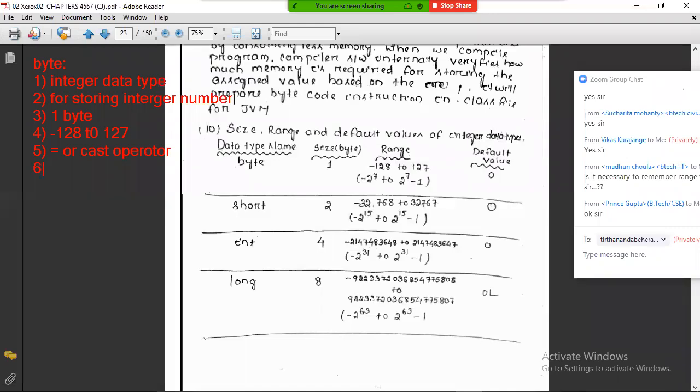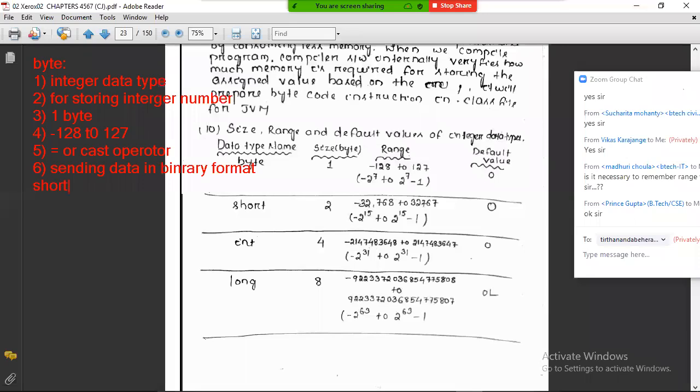We don't use this data type in regular programming. We will use this data type only for sending data in binary format. That's it. These are the 6 points about the byte data type.